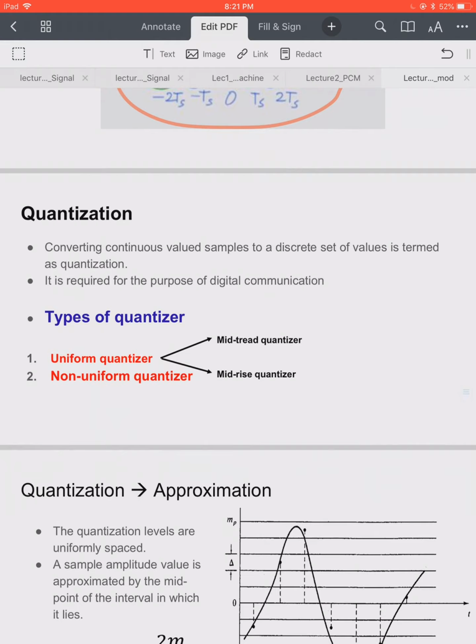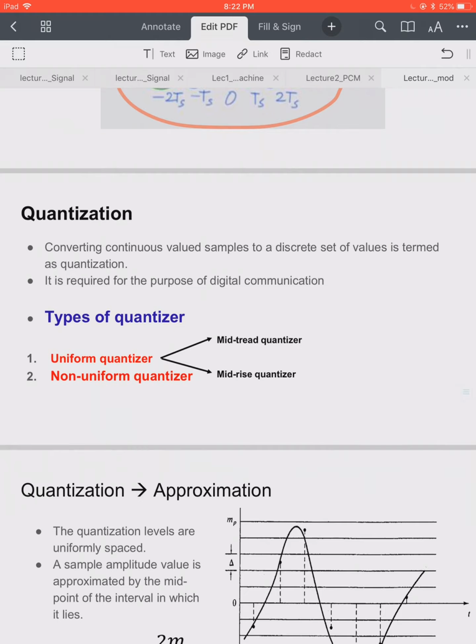We want to convert them to a discrete set of values so that we can convert them into information bits, and these bits can then be subsequently transmitted over the communication channel, or they can be stored. The purpose of converting these samples, which can take values from a continuous set, to levels from a discrete set is called